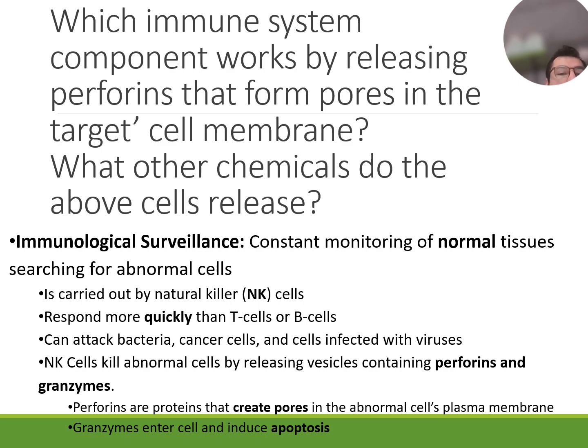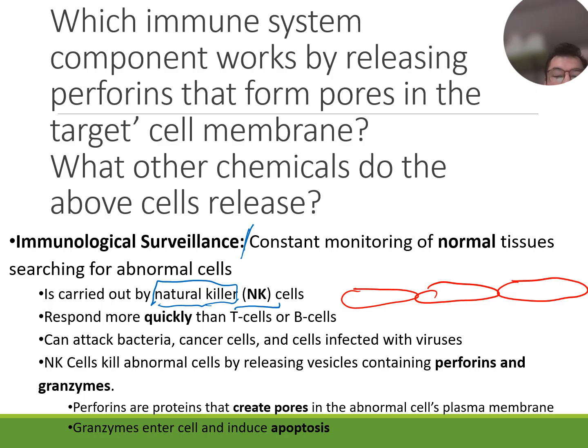When you think about immunological surveillance within innate systems of defense, I want you to think of NK cells, which stand for natural killer cells. Natural killer cells are within your body probing tissues for disease. We're going to think of a tissue right here, a tissue right here, and a tissue right here. If this type of cell was infected by a virus and its machinery was hijacked and it is now producing more viruses in order to be released to attack the next cell, there is a receptor outside of this cell that is called the